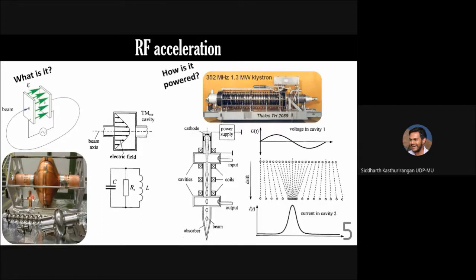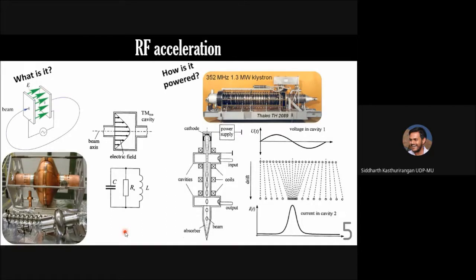This is copper, and the other is probably some other metal which is coated from inside with a highly conductive metal. It looks like steel, but I am pretty sure it is not. Or even if it is steel, from the inside it is coated with a highly conductive metal like copper. And you can see they are in various shapes and sizes. Okay, that is just for a physical picture of how the RF cavity in reality looks.